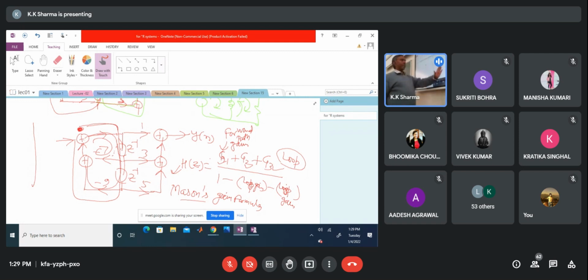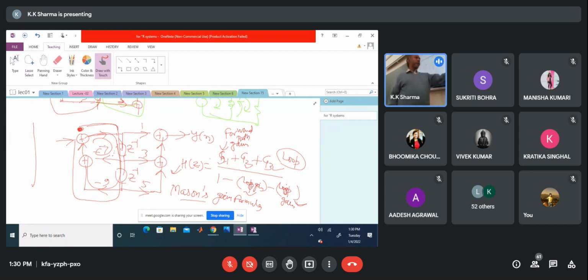और नॉन टचिंग लूप्स वगैरह भी आता है वहां, और थोड़ा देयर विल बी सम मॉडिफिकेशन ऑफ दिस. देयर विल बी मोर intricacies if there are, because here you see some of the nodes are common in both the loops. That is allowed. But the loops are not non-touching. So these are all touching loops. If there are non-touching loops also, the formula needs to be modified. Here the loops are touching, so this is the simple formula for remembering the h of z or verifying your answer.